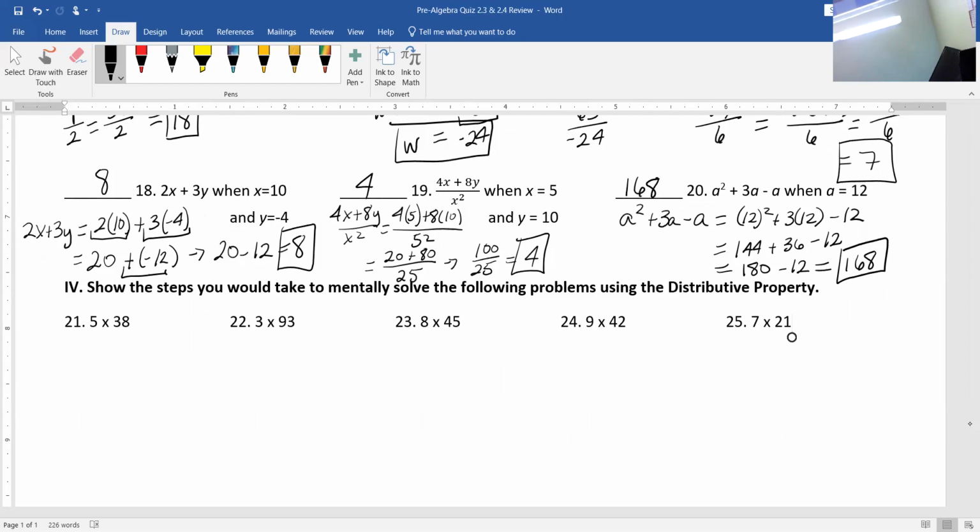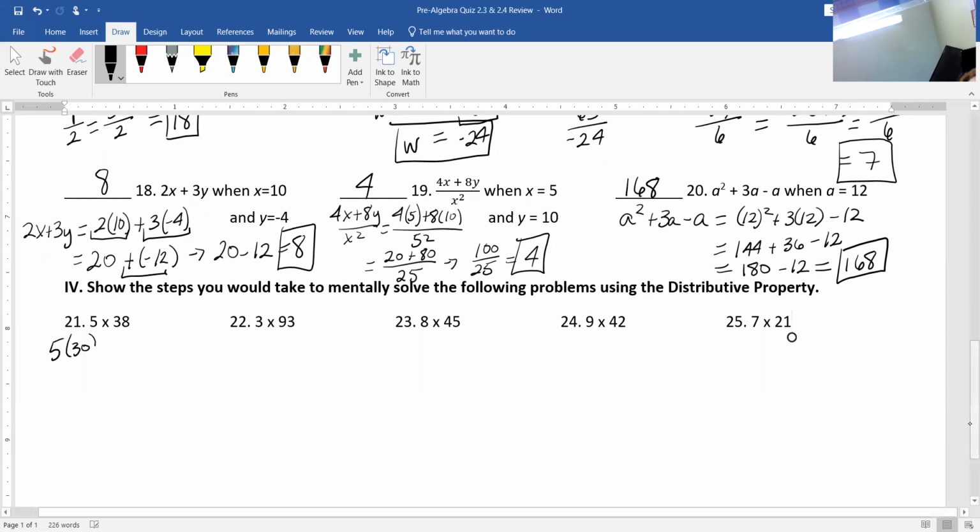So what I'm asking you to do is show the steps that you would do mentally to calculate these multiplication problems. So again, we use the distribution property mentally to multiply easier numbers and then add them together so you can do it quickly. Okay, so in this case, 5 times 38, mentally what you would do is you would